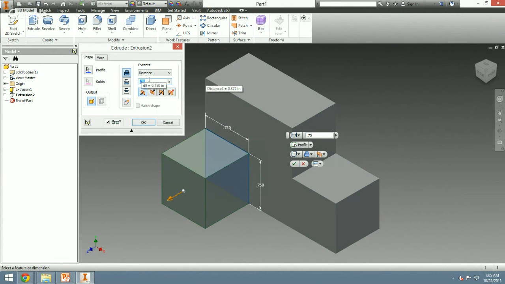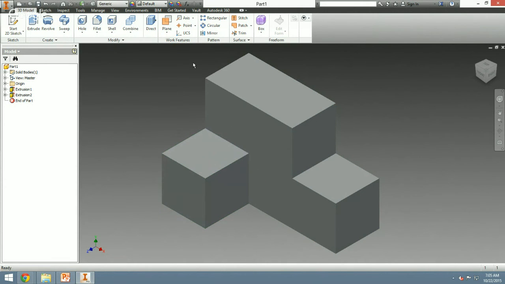We're just going to use the one distance. It shows you which way it's going. This little yellow arrow on your part shows you which way it's going to extrude. This is the way I want. I want to join. I'm going to click OK, and there's my part. Okay, now I can